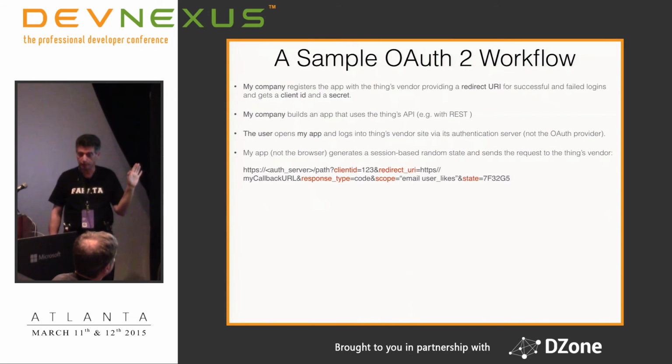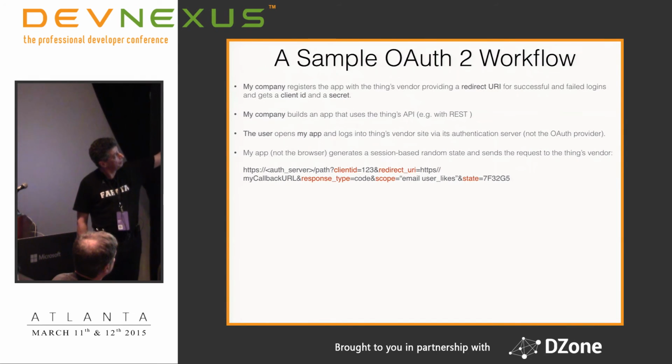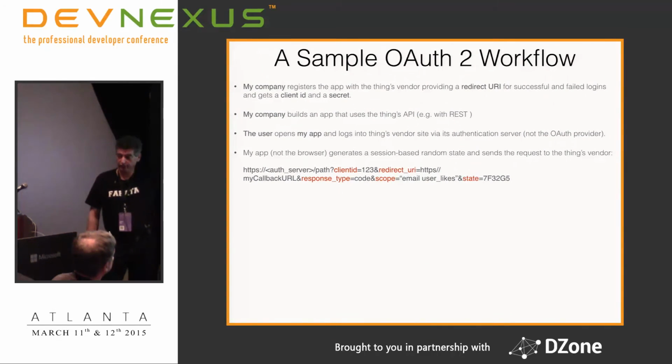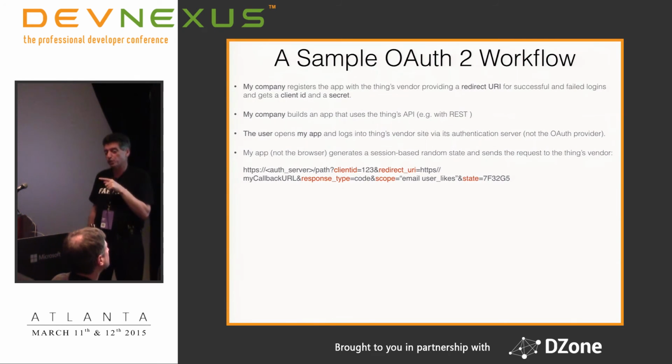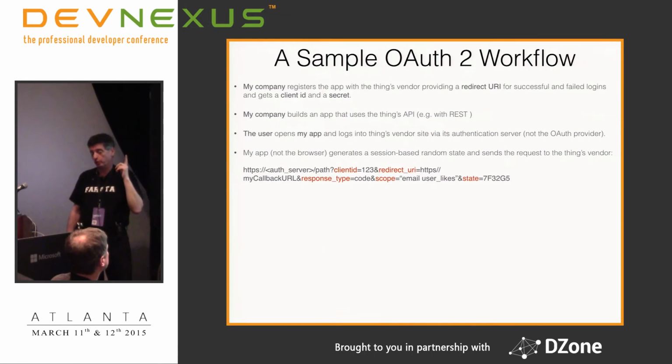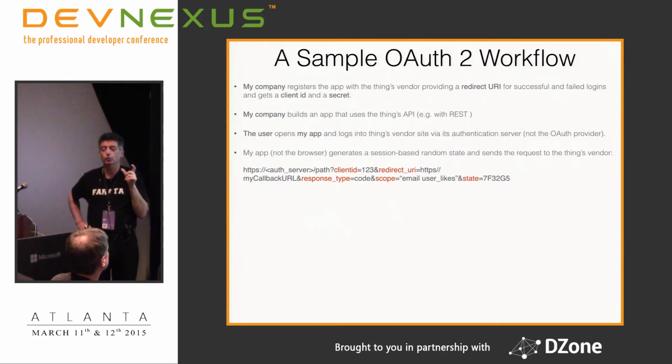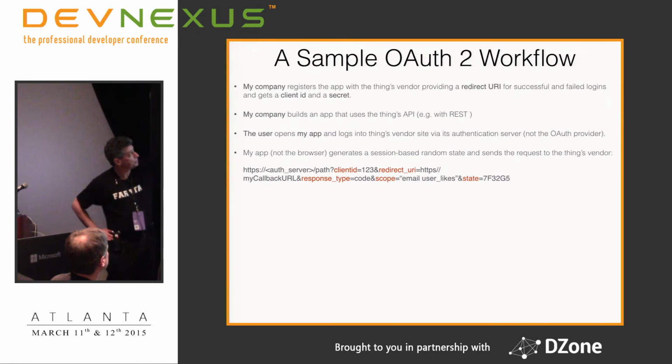It's done absolutely separately. Now, my app generates the HTTP request that can look like this. I want to remind you that the demo that I showed you was using this application that was deployed on the server. Nothing was on the client in terms of all these secrets. But OAuth 2 allows you to get access from the client only as well. It is considered less secure, but we don't use it. So we use it from the server.